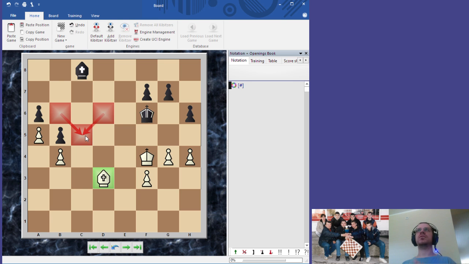Weak squares are those squares that your opponent can exploit by putting a piece there that does a good job at making problems for you. That's a weak square. So the c5 square, b6 squares. These are all weak, pardon, mouse slip. These are all weak squares, yes. They are weak squares because they are not controlled by a pawn. All these squares are weak, but